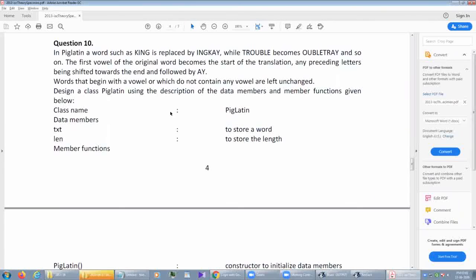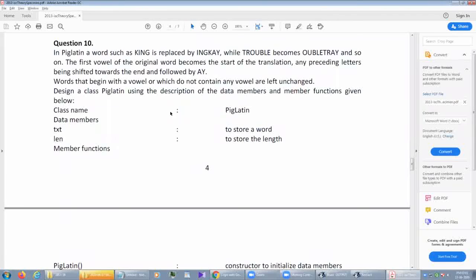That means the first vowel of the original word becomes the start for the translation, with any preceding letters shifted towards the end, followed by ay. This is called Pig Latin. Words that begin with a vowel or do not contain any vowel are left unchanged.